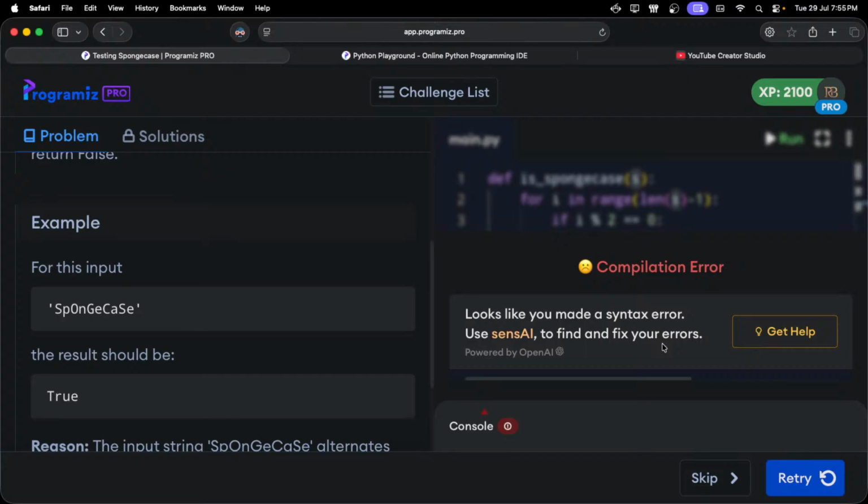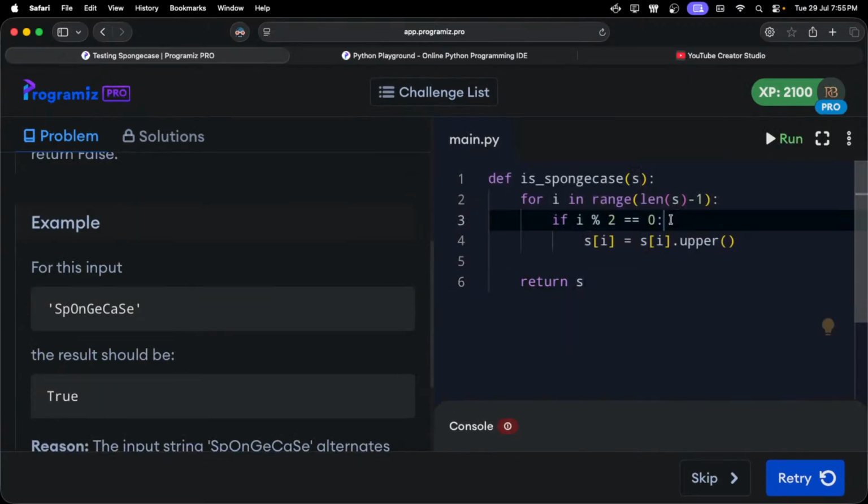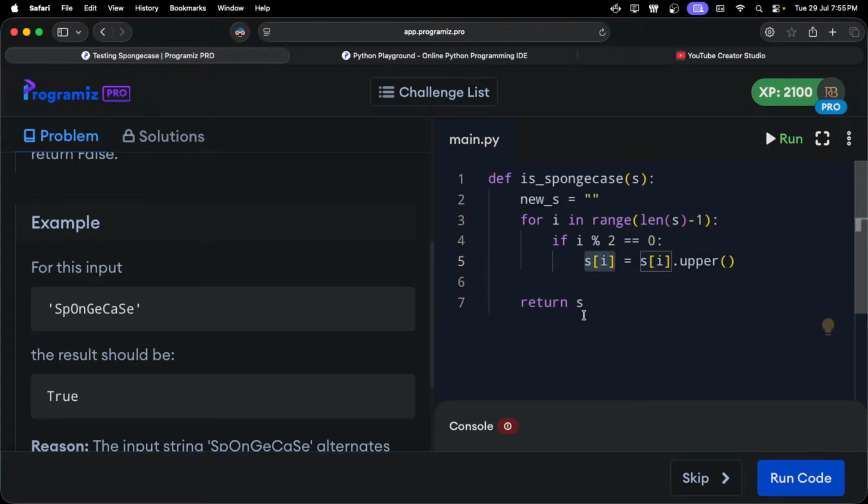Why did it say that? It does not support item assignment. Yes, because it's immutable, right? So of course we will need a new s. New string equals blank. We simply need to do new string,